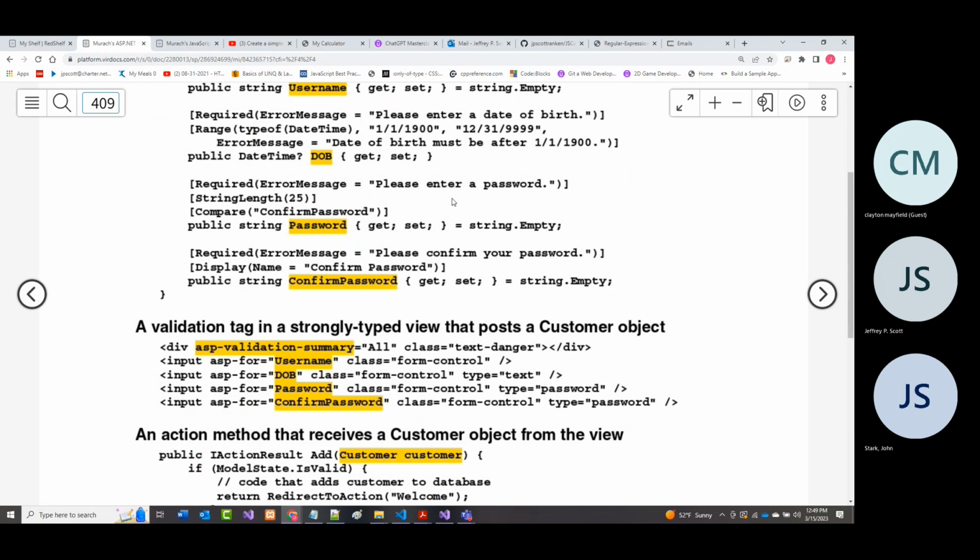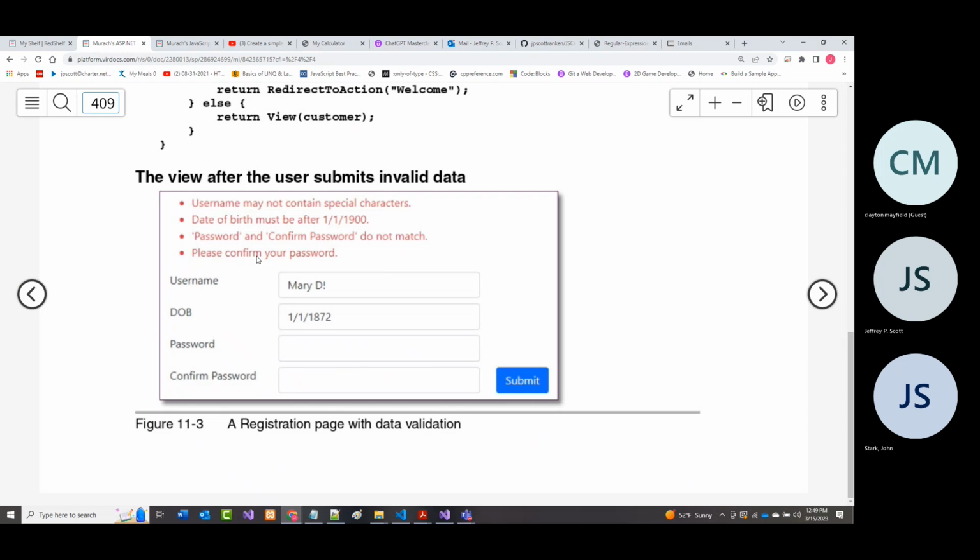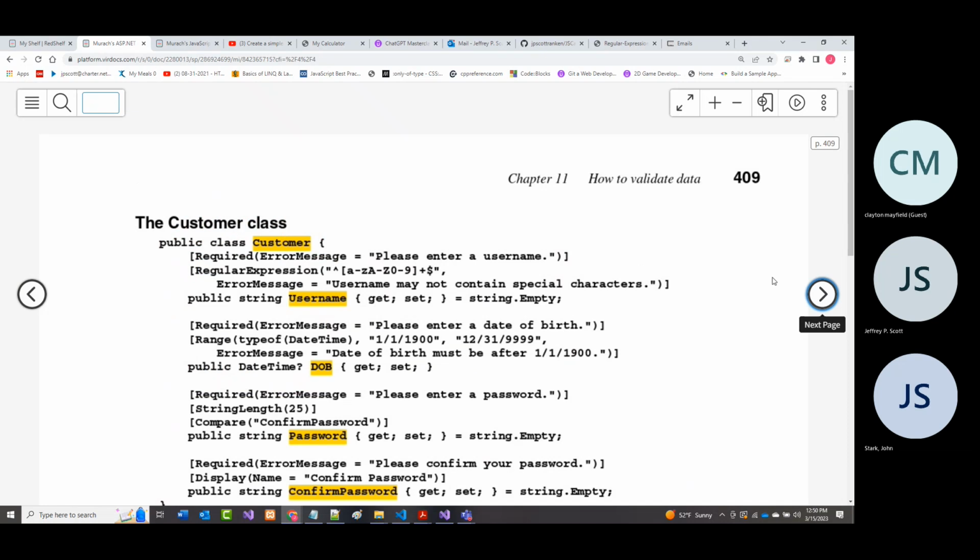The passwords do not match. I'm looking in here for that. I don't see it. We've got please enter a password and please confirm your password. So there's that one, but we don't have a please enter password. You can go in and make multiple checks in here, and you can have multiple different error messages depending upon what you're checking. That's all explained in the chapter here.